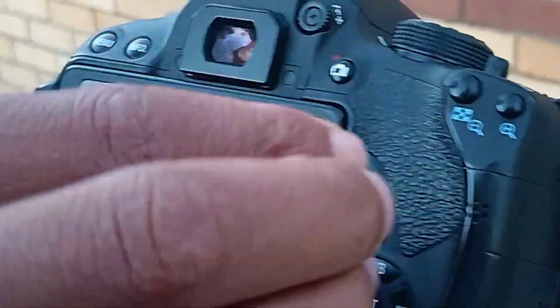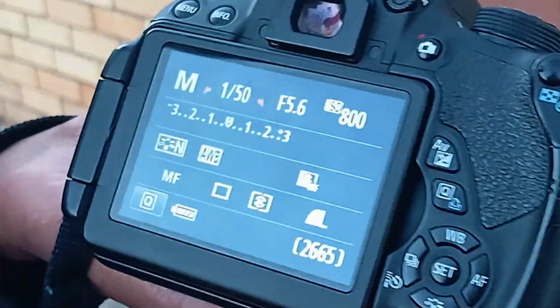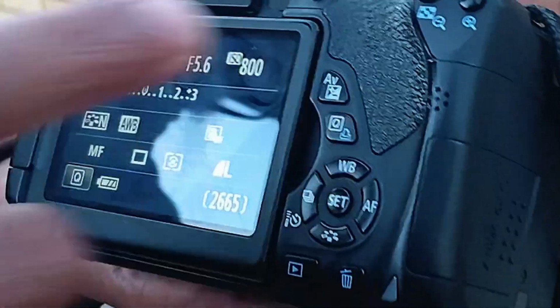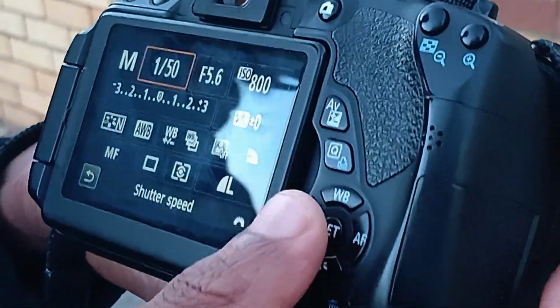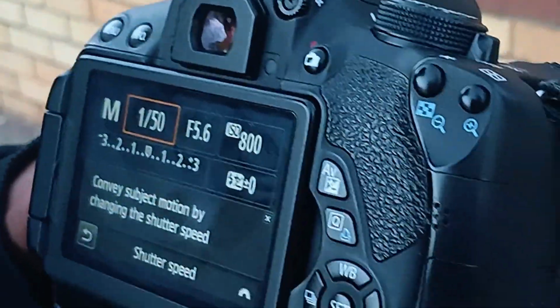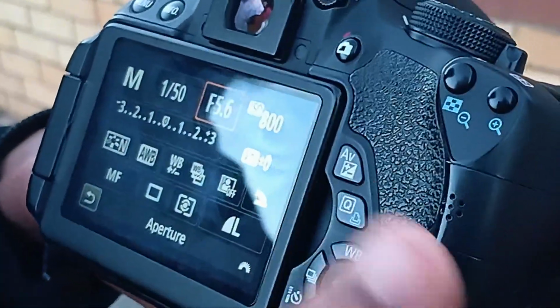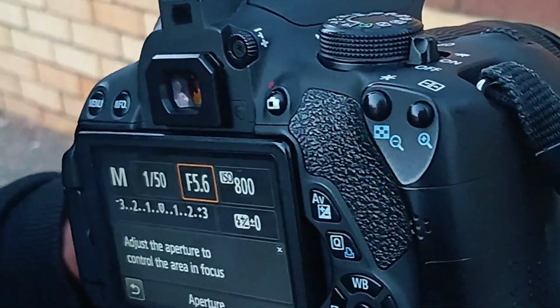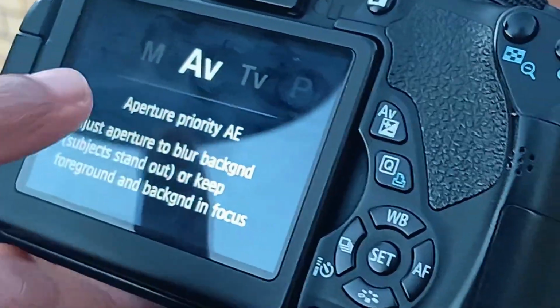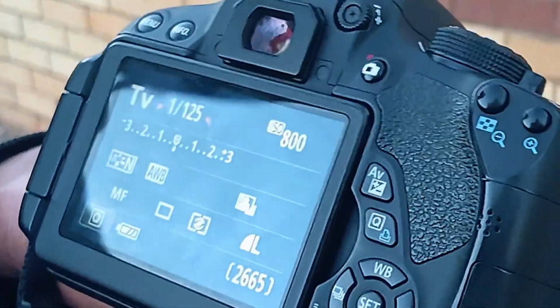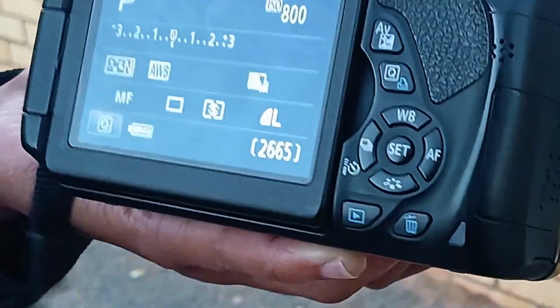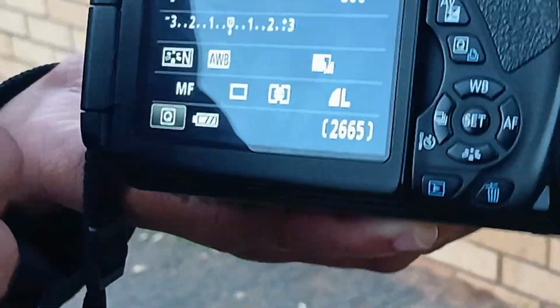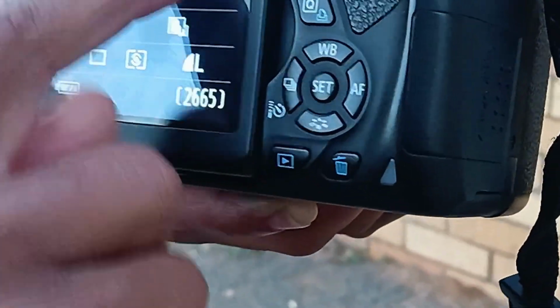And how to activate this: if your camera is not a touch screen, you can press Q and then you will be able to move around with the buttons. And then AV, which is aperture priority, and then TV, which is shutter priority. And then we can check P. What's happening with P? P is program. So what's really happening is that the camera is thinking for you shutter and aperture,